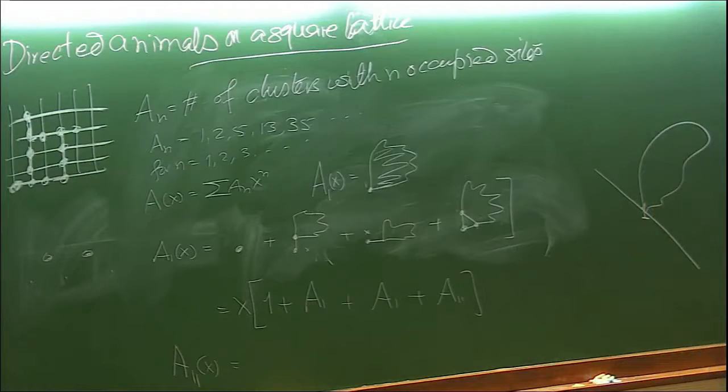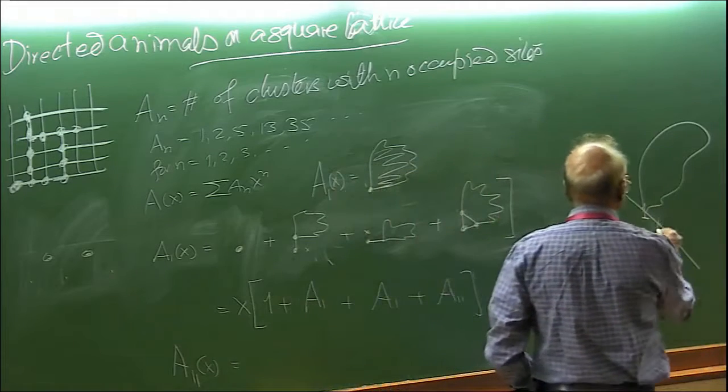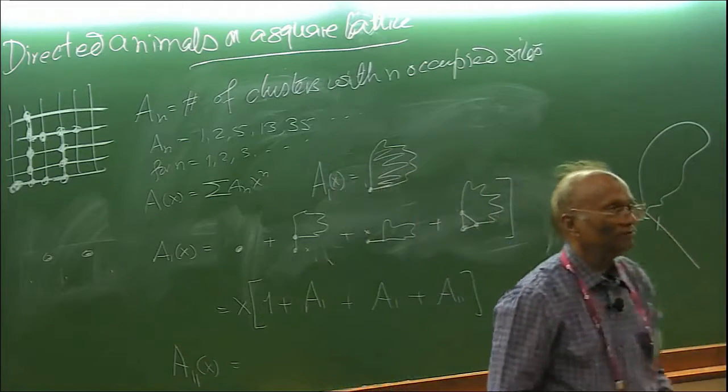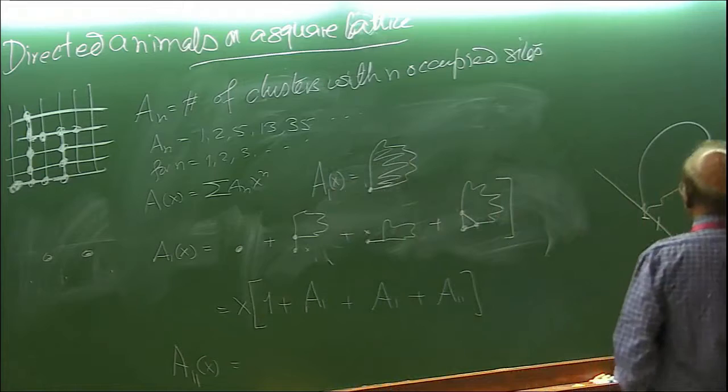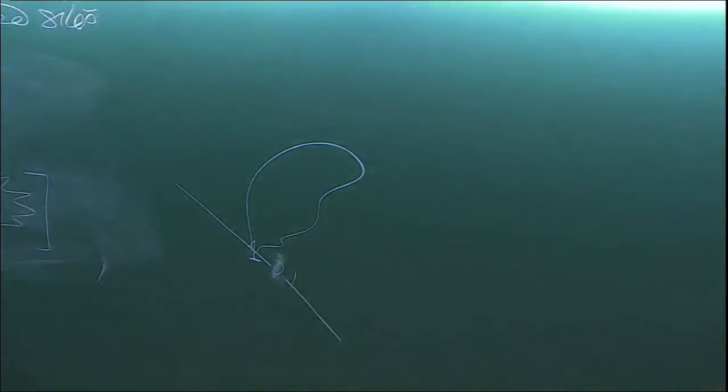A is the generating function for the number of animals. The source is denoted by the subscript. So if the source is two sites occupied, I denote it by 1, 1. If the source is like this, then I denote it by A101. Okay? So A11 will be,